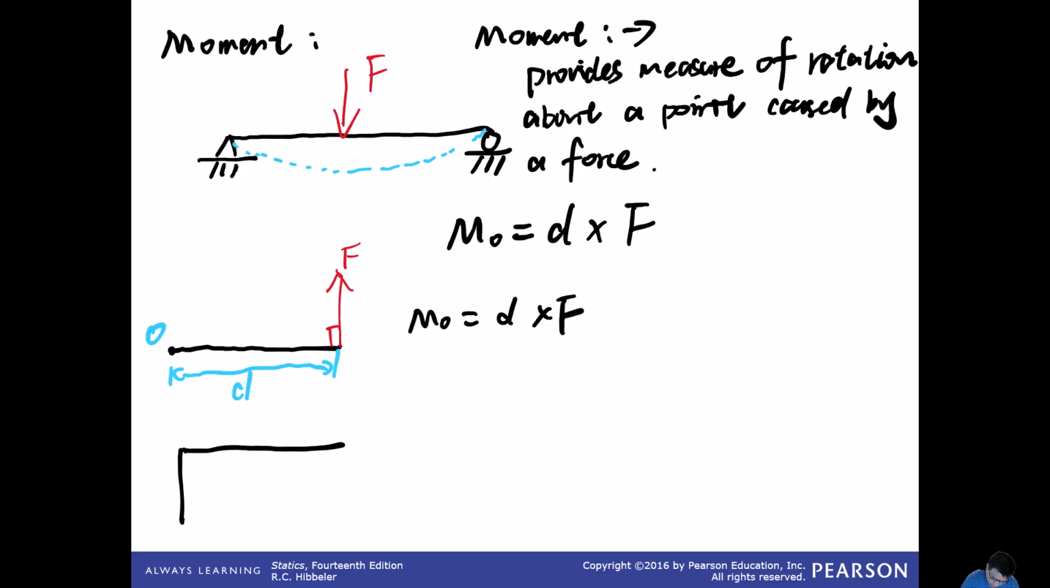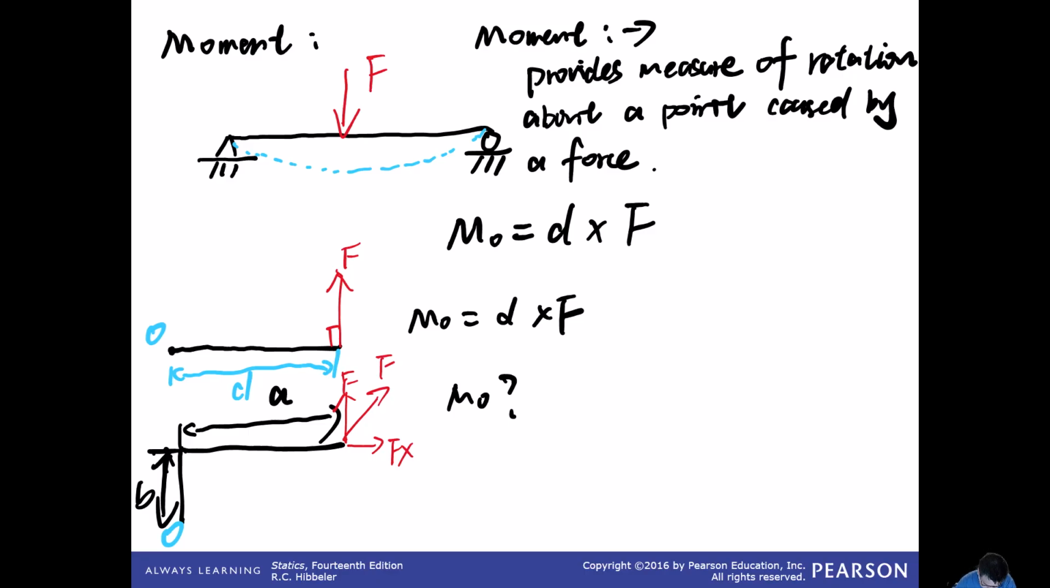However, if here is O, here is F, here is the distance A, here is distance B, how could we calculate the moment? To calculate this, let's resolve F into Fx and Fy. The answer will be Fy times its perpendicular distance to the point O, which is A, and the Fy, its moment about point O is